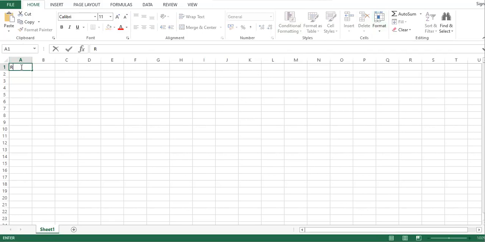Suppose I have typed this data: English, maths, science, total, roll number 1, 2, 3, 4, 5. And names A, B, C, D, E. And I enter the marks 89, 87, 88.